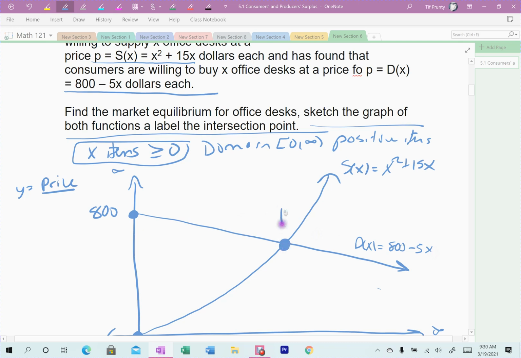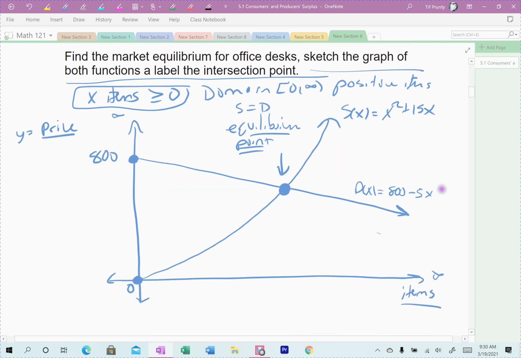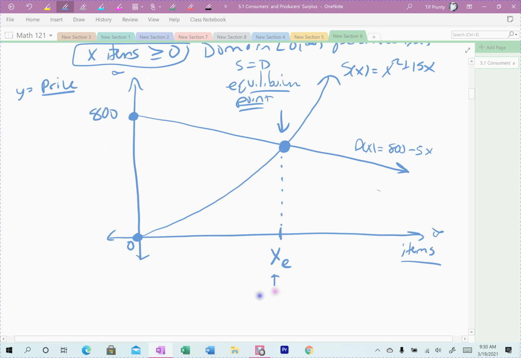This point here, that's the equilibrium. That is when my supply equals my demand. And that's the point we want to find. We want to find this moment, which I'm going to label X sub E. That's my equilibrium quantity. And that's going to be a very important point. And then over here would be the P sub E. This would be the equilibrium